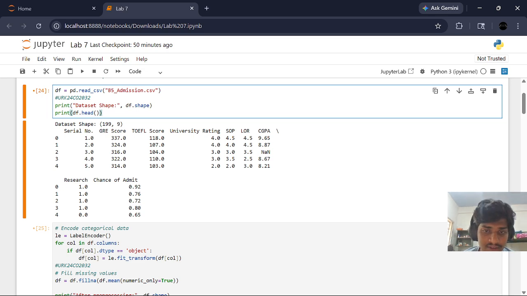It will give the shape of the data and the size, and df stores the data fields. Okay,